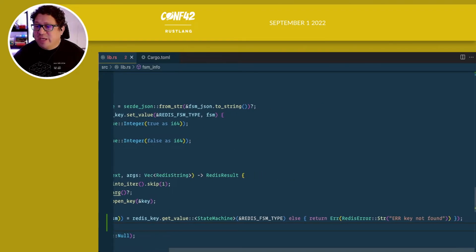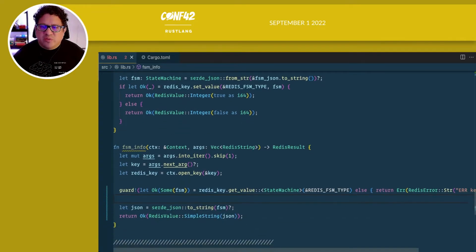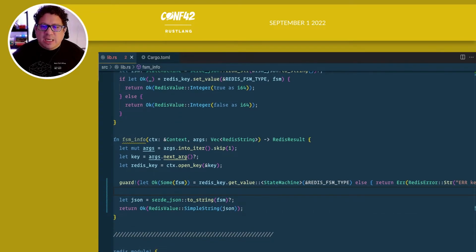And if that fails, then I'm just going to return an error with a Redis error that contains an error message. And very likely it's the error that I couldn't find the key. Now with that in place, I'm going to use Serde again to basically put the JSON back into string form and return that JSON wrapped in a Redis value simple string with an okay around it. So with that in place,